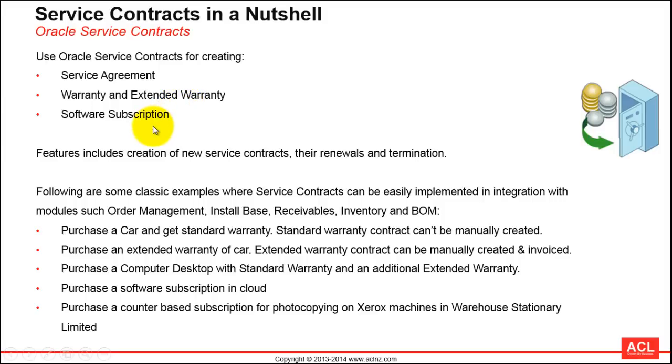So for instance, you want to purchase Microsoft 365 for a duration of 12 months, and Microsoft provides the 365 product as a part of their cloud subscription, and you pay Microsoft every month for that subscription. But before starting the subscription, you've got to sign a contract with Microsoft, and that's where service contracts come into the picture. So the service contract in this case would be signed for a software subscription for accessing Microsoft 365 in a cloud for a period of 12 months, wherein the invoice will have to be paid in advance